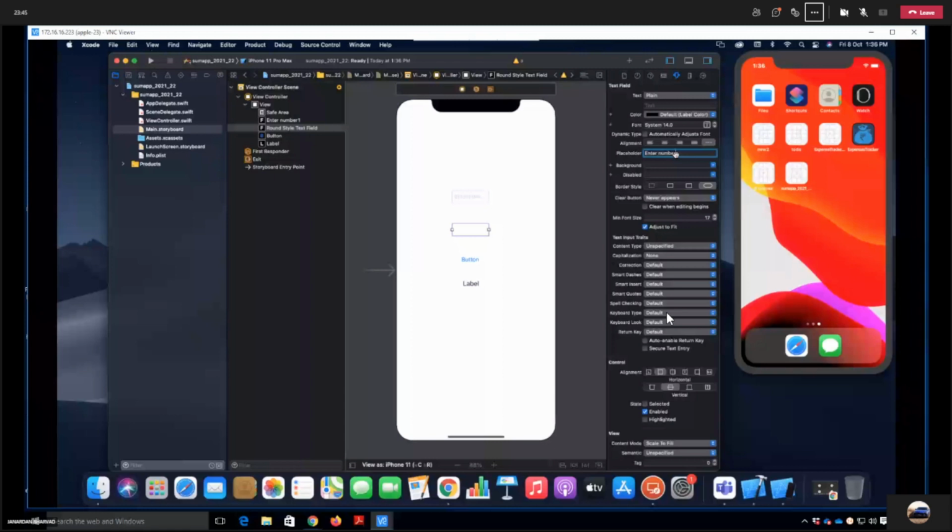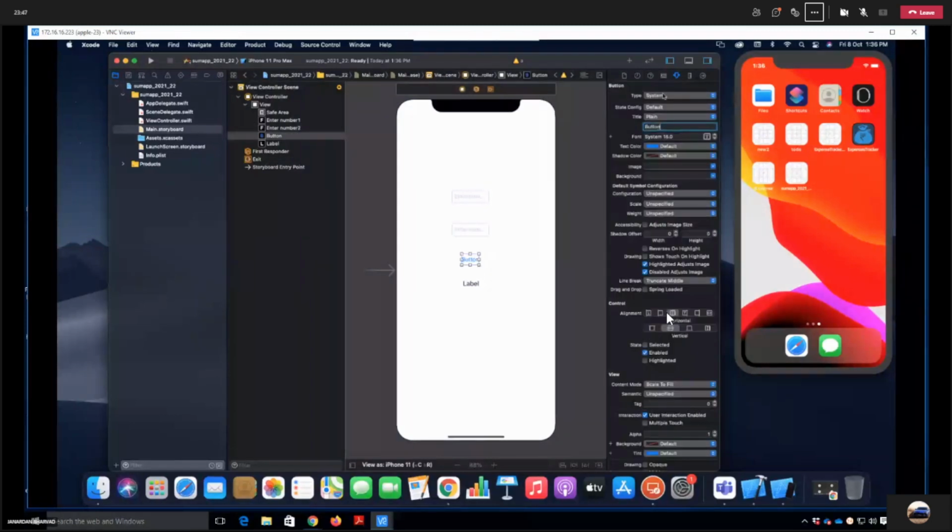and this will be sum. So here on the right hand side, you can see the different properties. So whichever property you want to change, you can change it, like background color, text color, background image. बहुत सारी properties है, alignment के लिए है, ठीक है. So right now I'm just changing this button label.